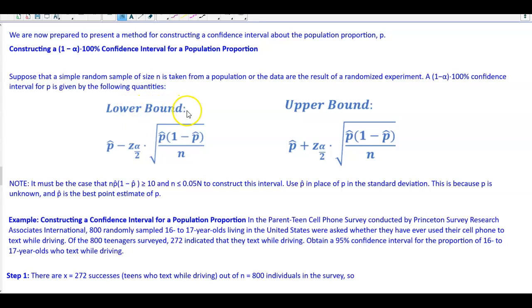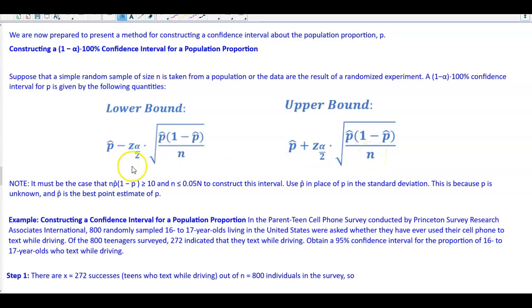We have the lower bound, which is the point estimate minus the critical z value, times the square root of the point estimate times 1 minus the point estimate over n. And the upper bound is the same formula, only the difference now is the upper bound is taking the point estimate plus the critical z value times the square root of the point estimate times 1 minus the point estimate